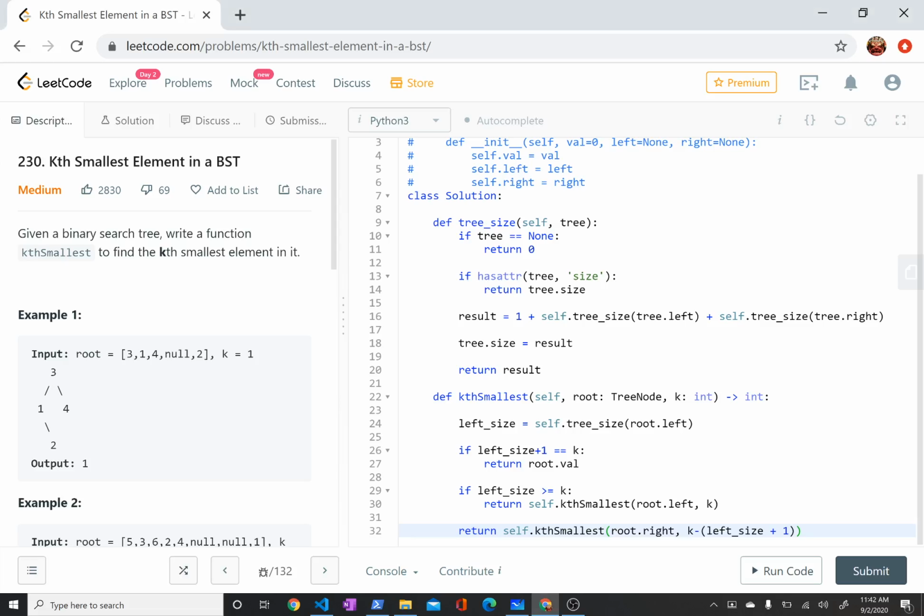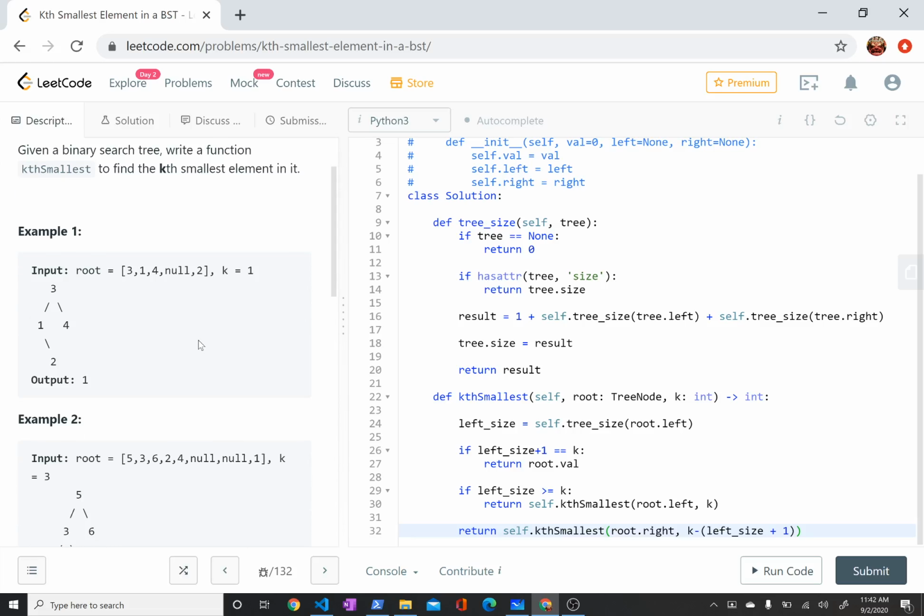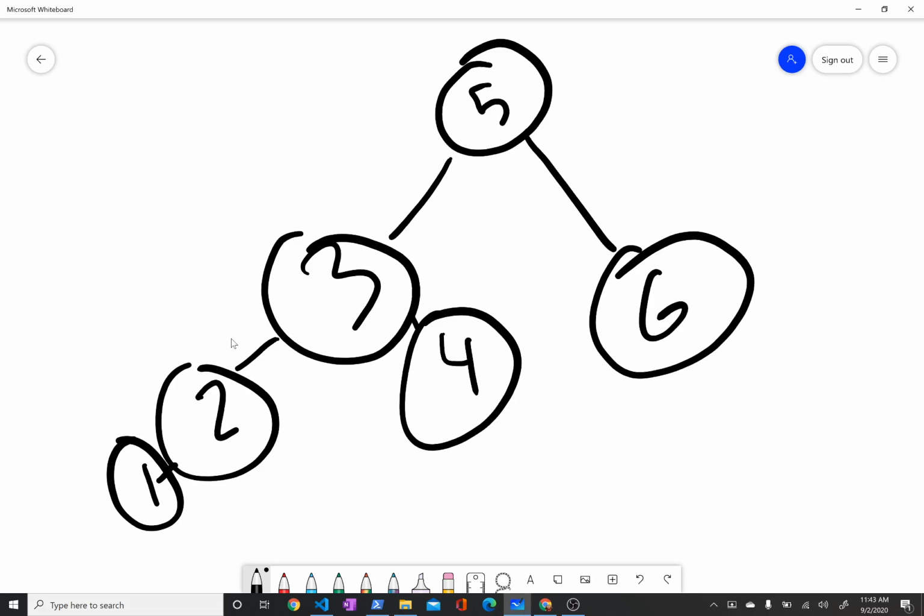Hi, today I'm talking about LeetCode problem 230, kth smallest element in a binary search tree. What this question asks you to do is find the kth smallest element in a binary search tree. Now, a binary search tree is a data structure such that any node